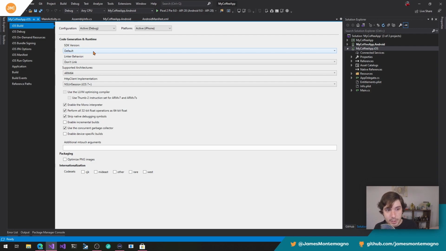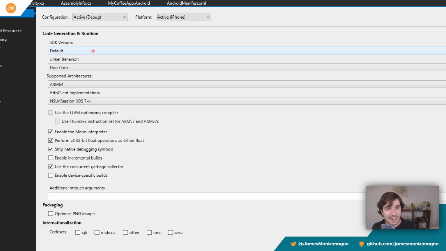All right, for debug, you don't need to change anything really, to be honest with you. Any of this stuff like SDK default here, when you're compiling your final application, this will just choose whatever is installed instead of the default on your machine.